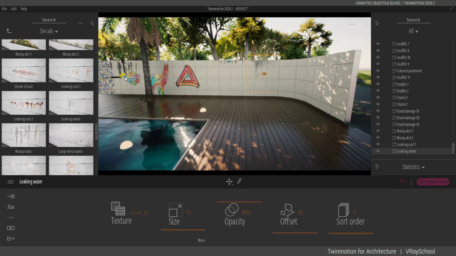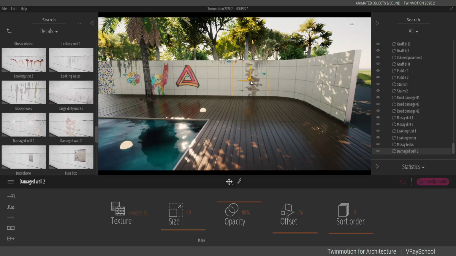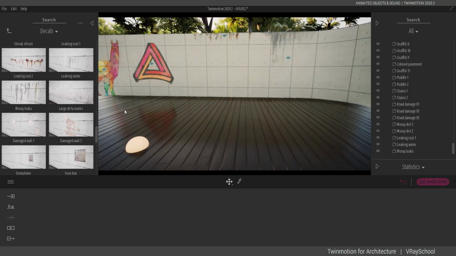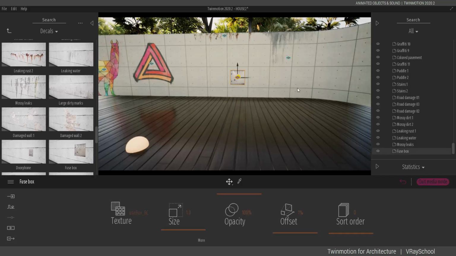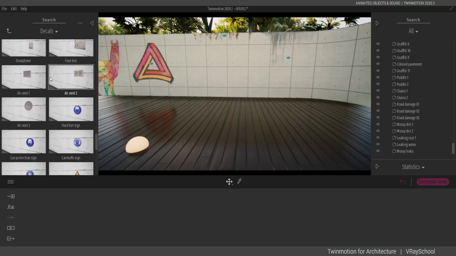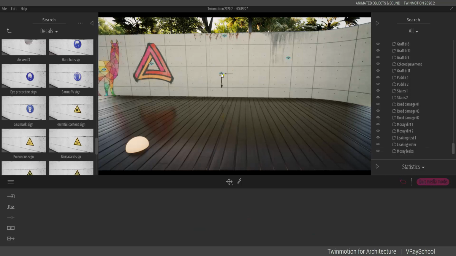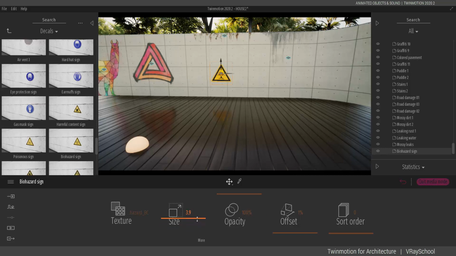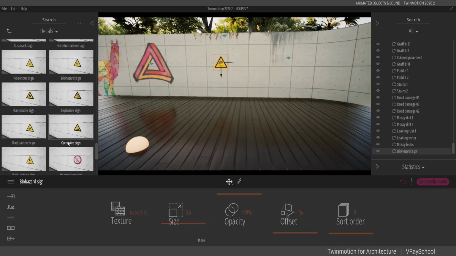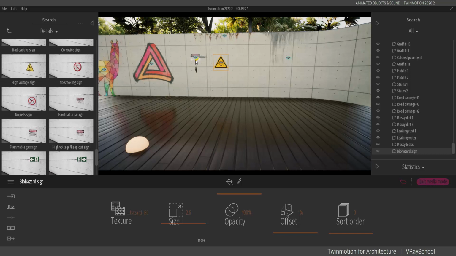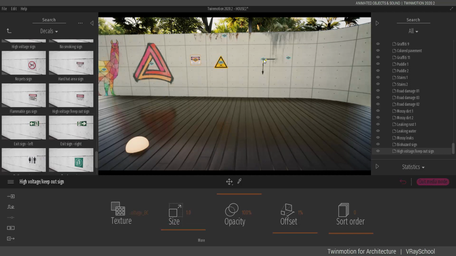Let's see what else we got here. No, those are for brick wall. Yeah, it's not gonna fit here. This is patched wall. I have a lot of cool different signs here. And again, you can play with the size. You can move it all around. Oops, it's rotation. Bunch of signs, no walking, exit,